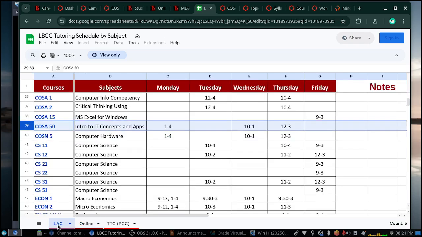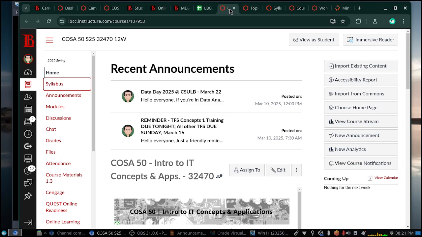Again, you do want to check this schedule from time to time as it does change. And with that, hopefully you have been getting my announcements. I've also been sending out messages through the Canvas inbox, or more accurately, through the Canvas gradebook. I have the ability to message students who meet a certain criteria.